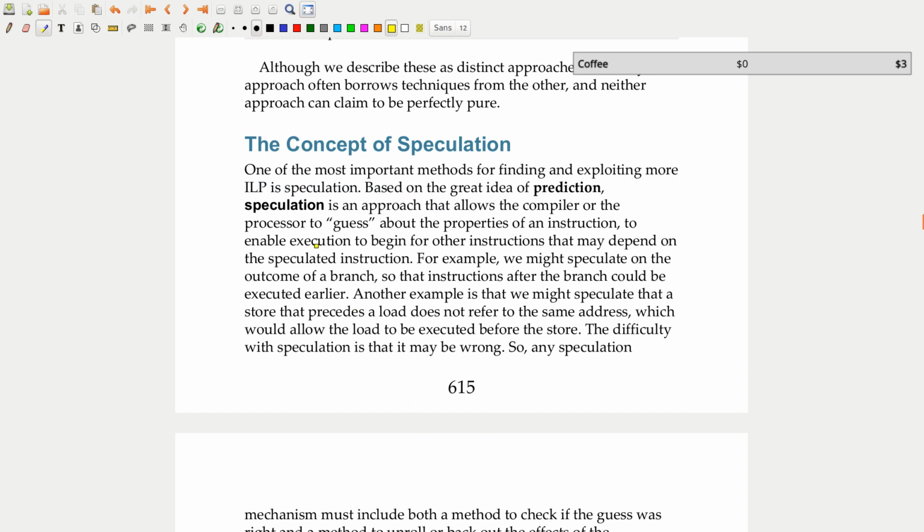And then there's some higher up concepts such as prediction and speculation, where we can predict, say,